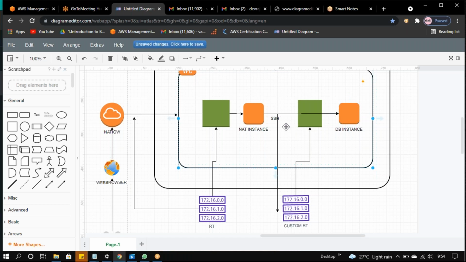And when he gives an SSH command, it will look into this route table, this private subnet, and this instance, with our private key. When we create an instance, we create it via one PEM file. With that PEM file only, we can access this private instance.